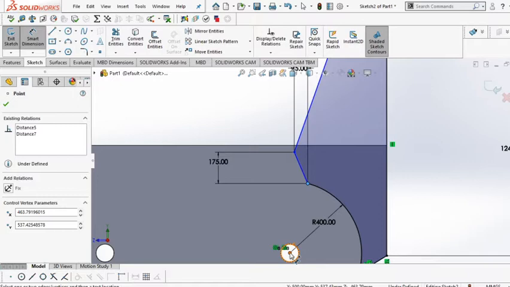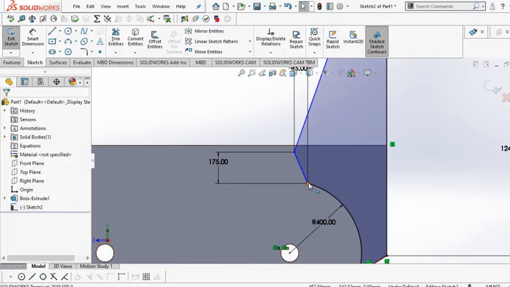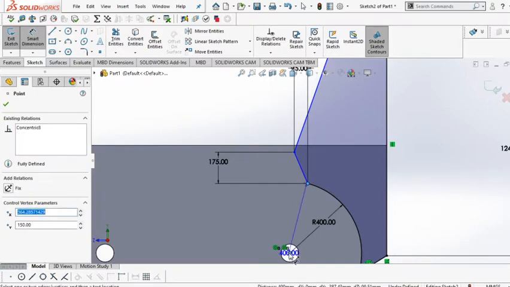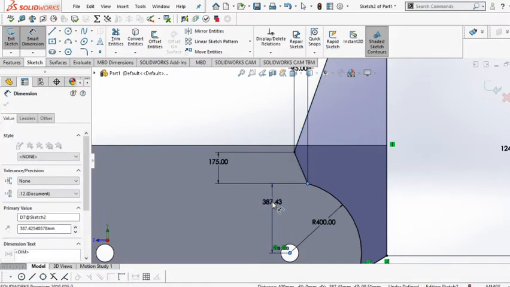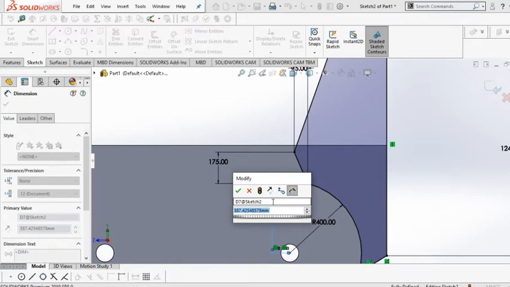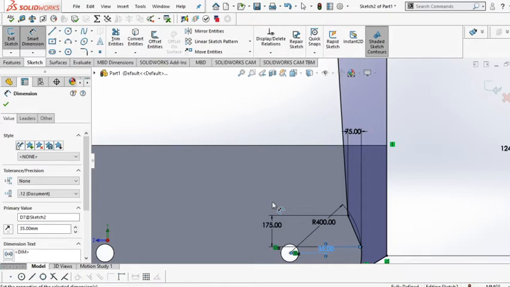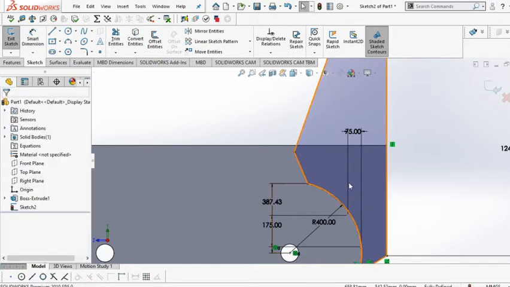I would like to define this point to this point. Just exit out of that. Okay, let's define the vertical distance from here to here, around 35. That doesn't look good. Okay,